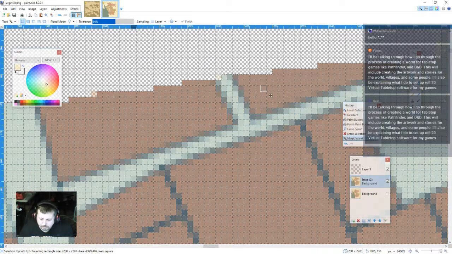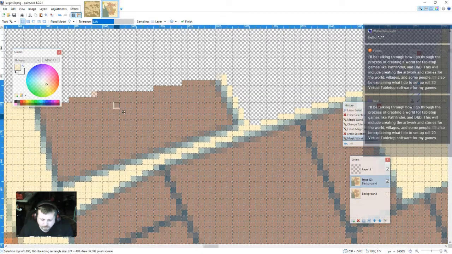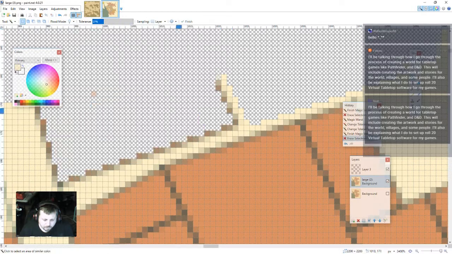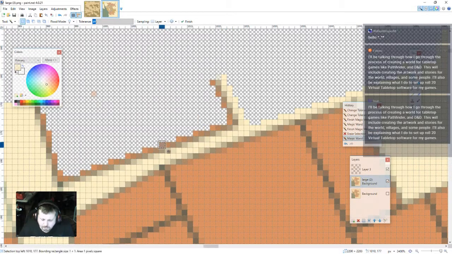Alright, then I use my magic selector tool to get these buildings, and delete those. And I don't think I can get these to a point that it'll actually make it easier on me, so I'll just delete the middle out of this,